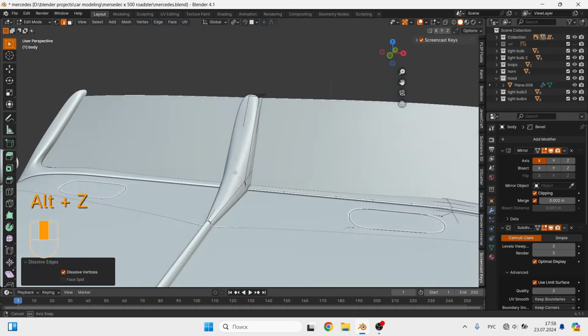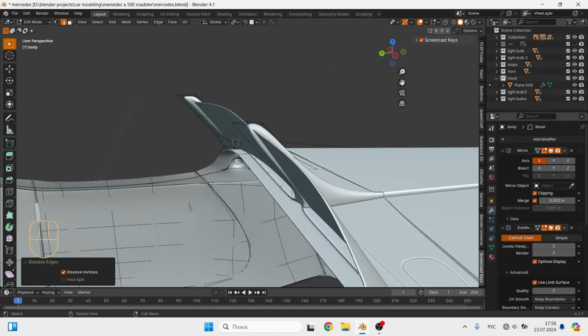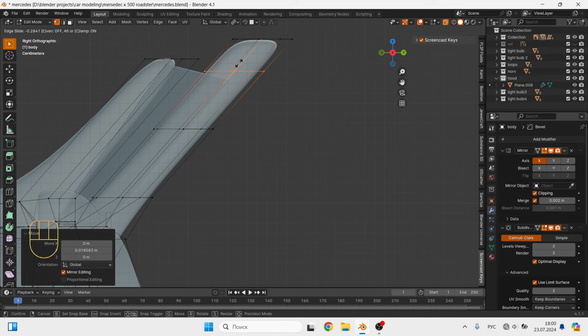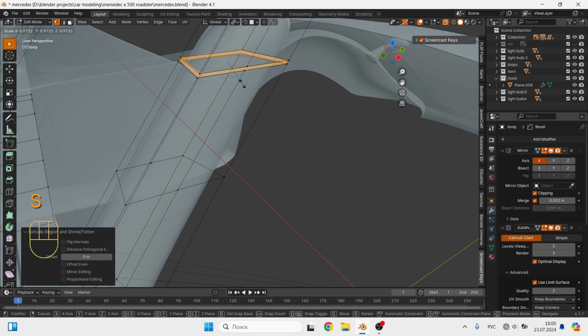So good. Now if you look at the outer pillars, they have plugs on top, well, or imitation plugs. Let's add one loop cut, make sure it is horizontal with the combination SY0, then use Ctrl B to split it into two. And we can extrude inward with the combination ES.